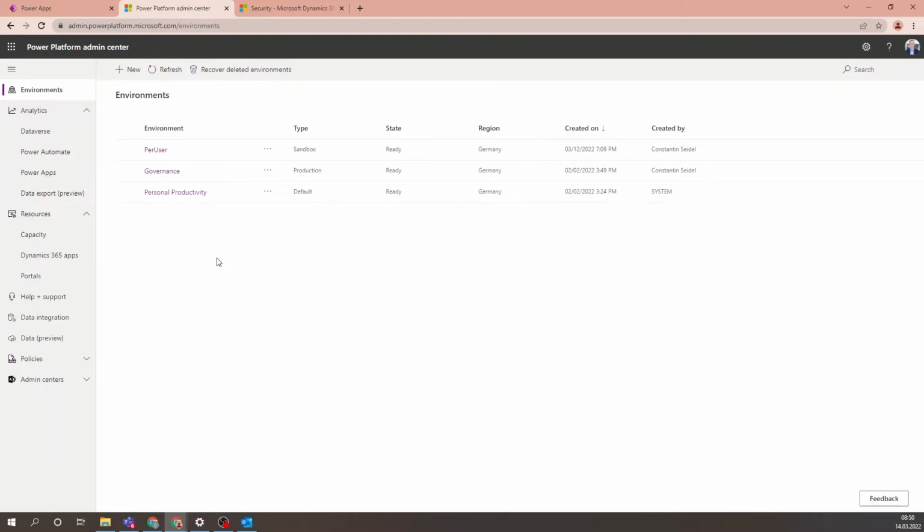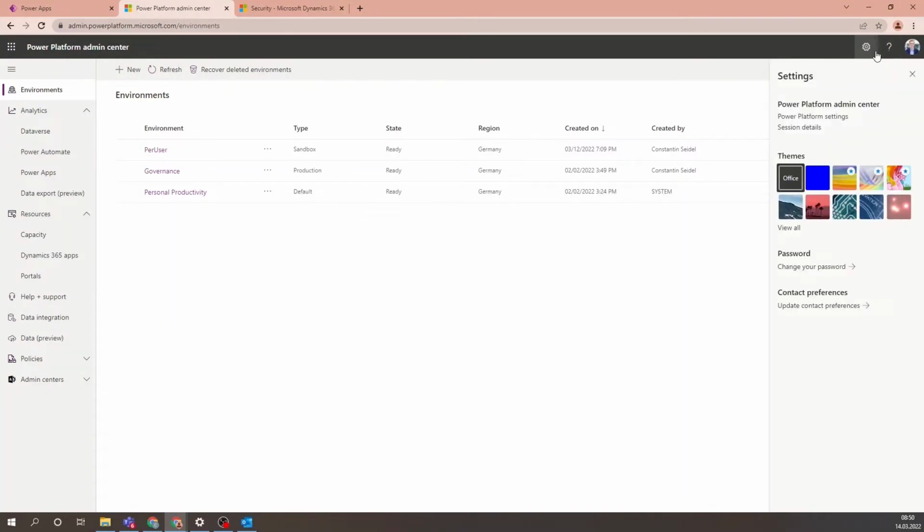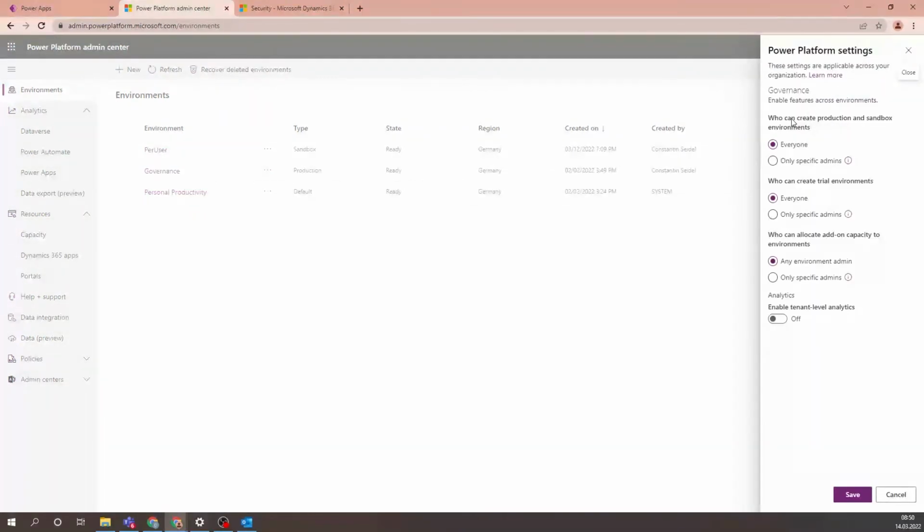So the first thing that we should do when we are new to this Power Platform Administration Center is to take a look at the general, overall settings. Let's click on this settings icon on the top right and click on Power Platform Settings. As you can see right now, everyone inside of my company can create new production or sandbox environments. This is something I definitely don't want. If you don't know what this exactly means, you can hover over this information icon, which gives you more information about this. Same goes for the trial environments and the